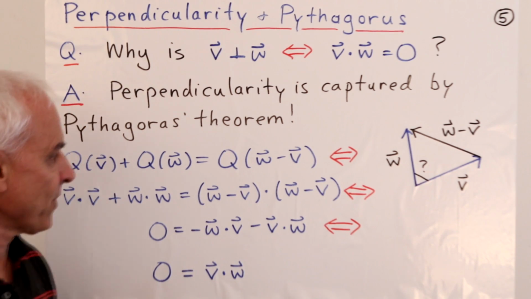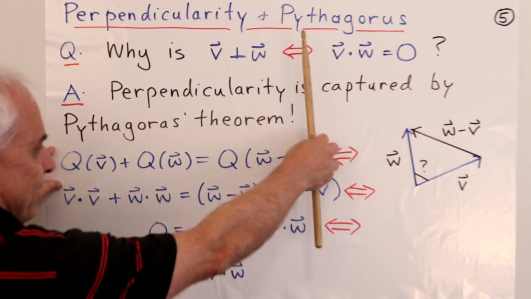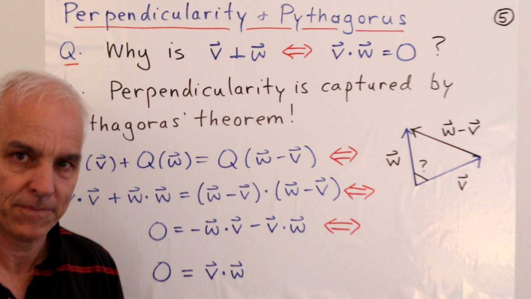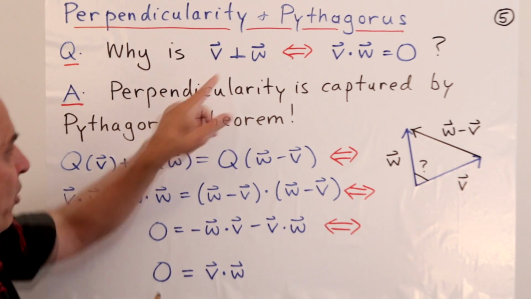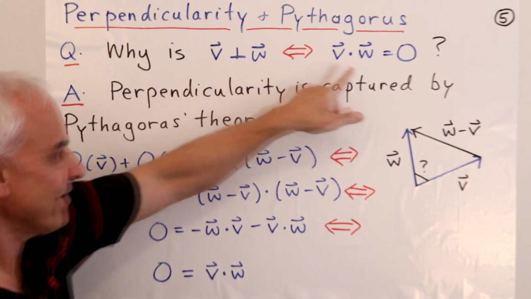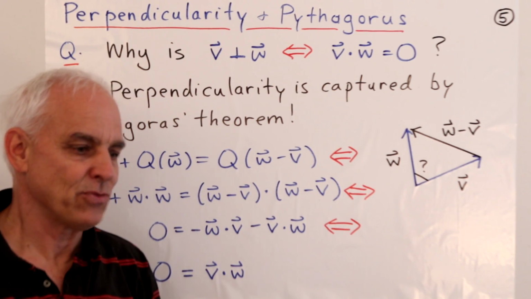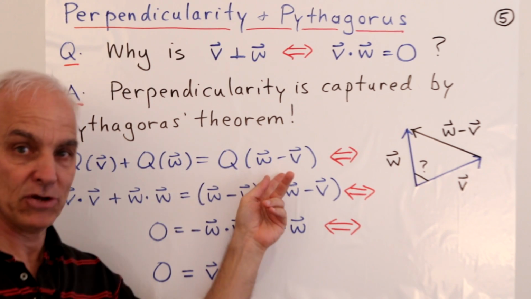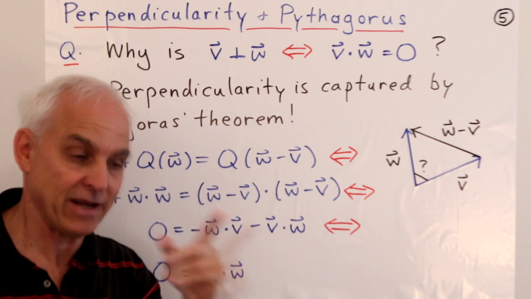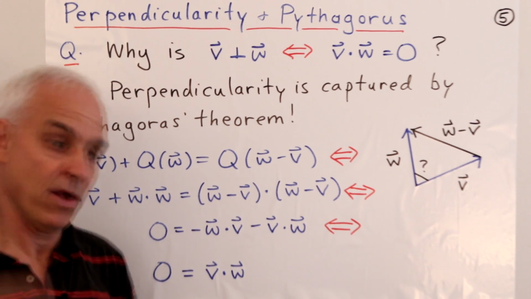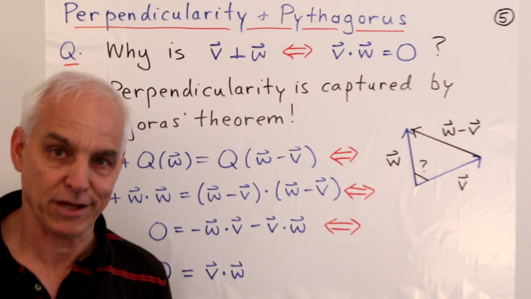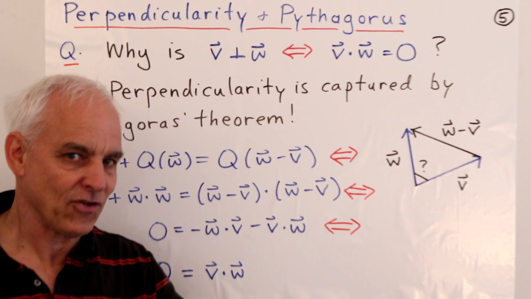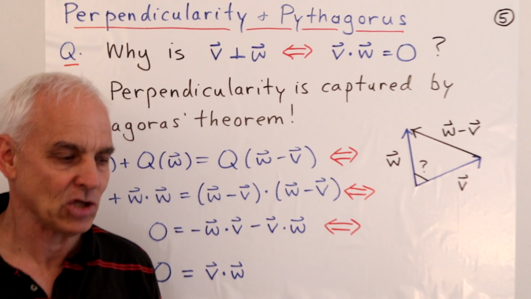That's telling us that this Pythagoras kind of relation is equivalent to the dot product being 0. So it's not really that we define perpendicularity to be this exactly. What we're really doing is noting that this property is equivalent to Pythagoras' theorem being true. And that justifies us to say that's the same as saying the two vectors are perpendicular. This is an important point that often is skipped or not seen in linear algebra classes.